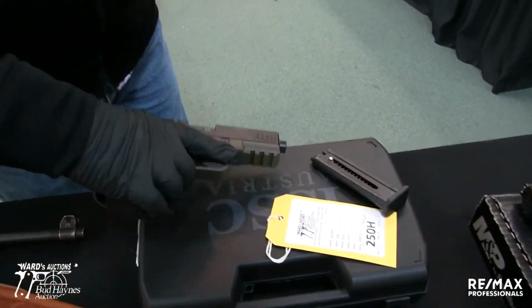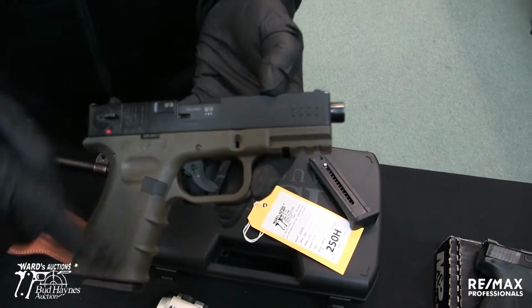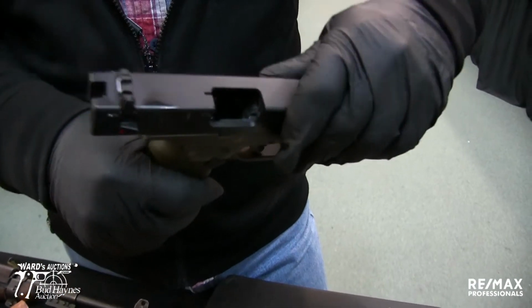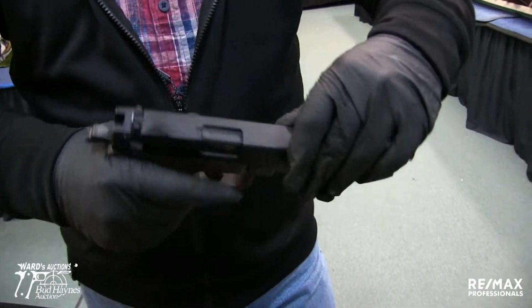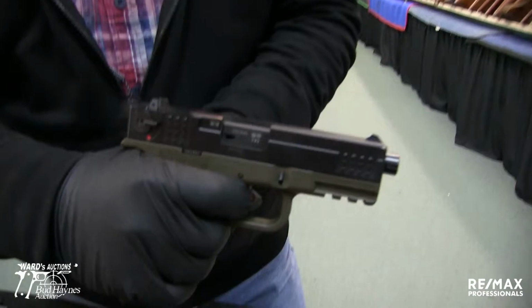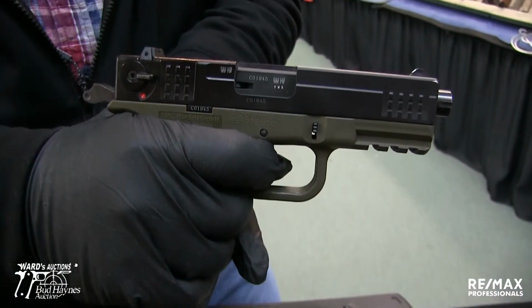Let's go to Hotel on this little .22, little plinker. And it's got the green polymer frame to it. I'm going to take the slide out. And I will pull, well, again, you see all these modern guns that you can't pull the trigger with. There's no point really in getting carried away